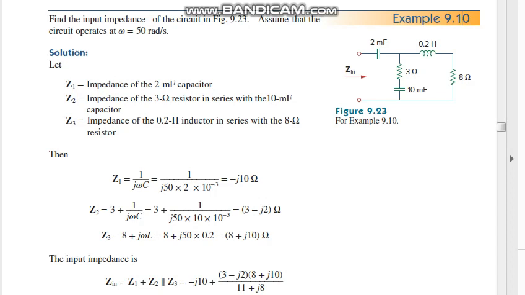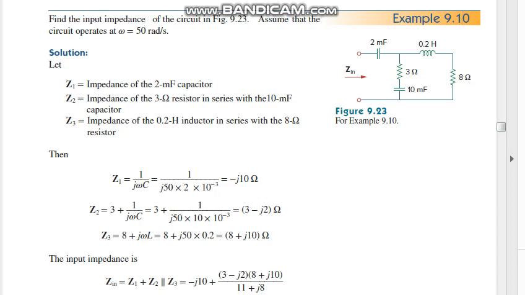Dear students, now we will discuss the mathematical calculations, how we could calculate different impedance combinations. Here, example 9.10: if we want to find out the input impedance of the circuit in Figure 9.23, how could we